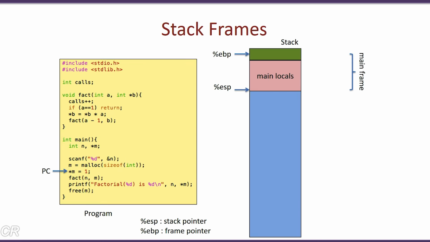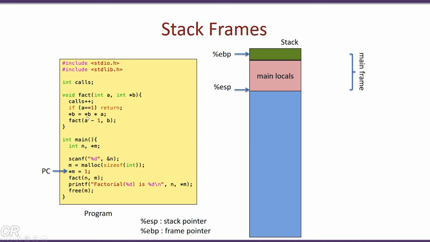So now we will see how the stack of a program is managed during the execution of the program. We will take as an example this particular program, which comprises two functions, a main function and a fact function. The objective of this program is to determine the factorial of this number n, which is specified by the user. And the way this factorial is computed is by the function fact, which is a recursive function